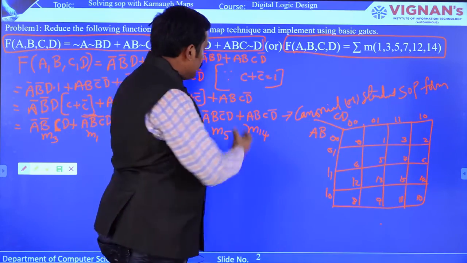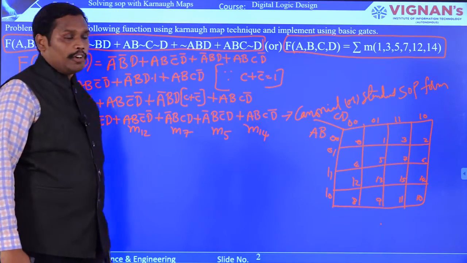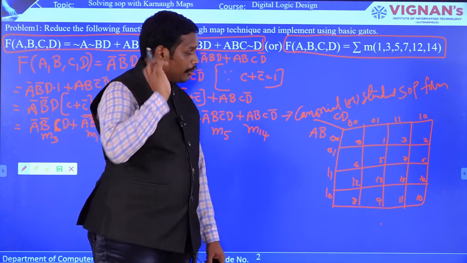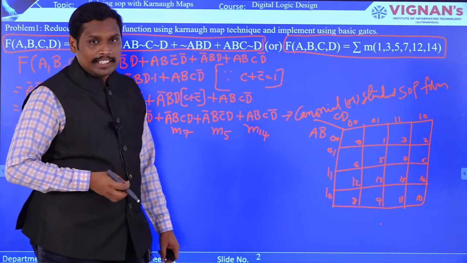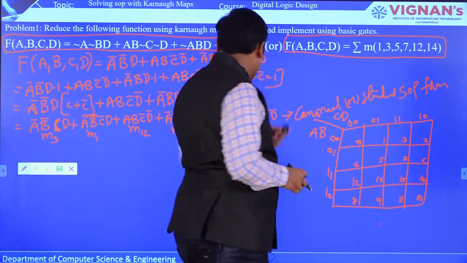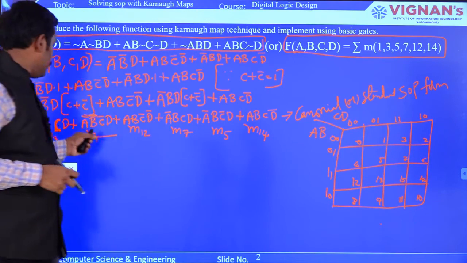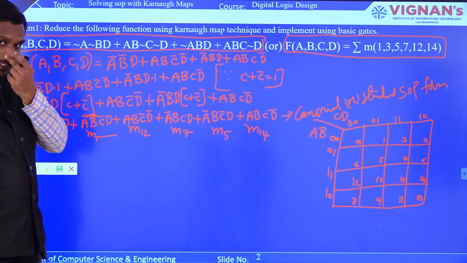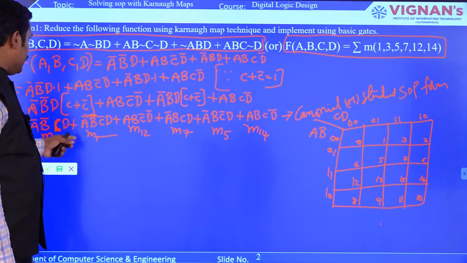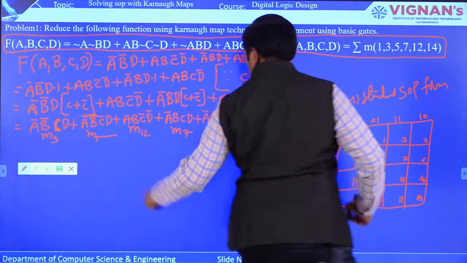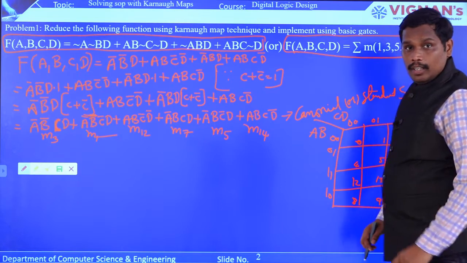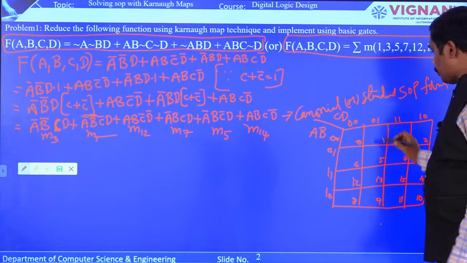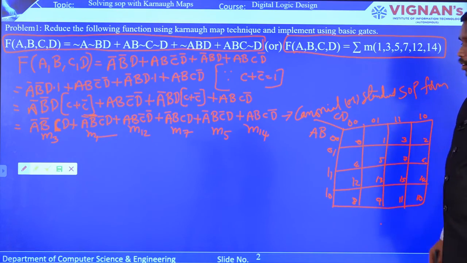So now, after looking at the canonical or standard SOP form or the given min terms, you have constructed the Karnaugh map, and now you are going to place all ones in the corresponding cells. The min terms will tell you where to place the ones, and the rest of the cells will be filled with zeros. As per this expression, or from the question based on min terms, you are going to write down all the ones in the